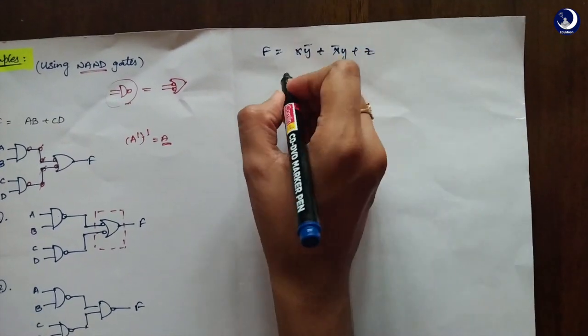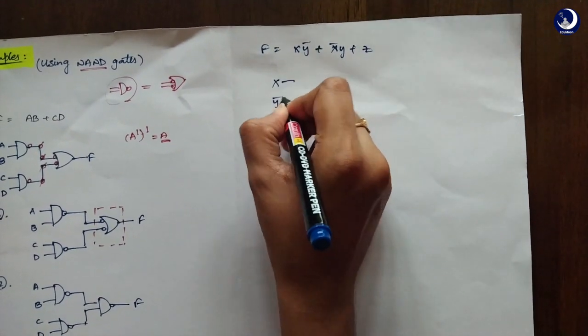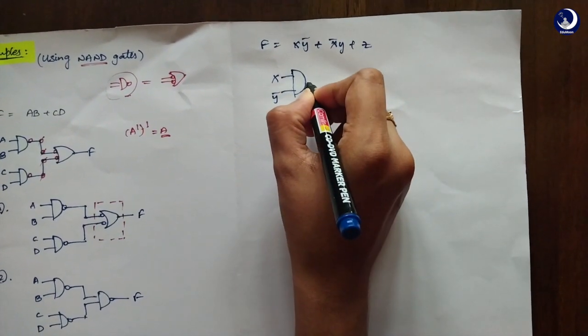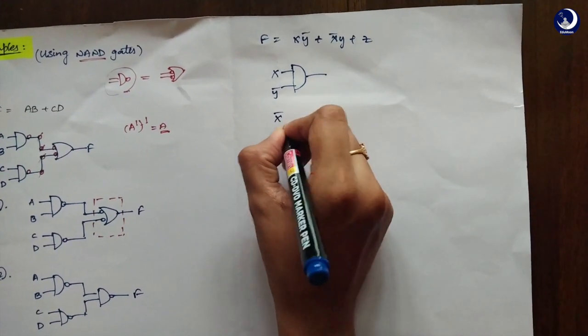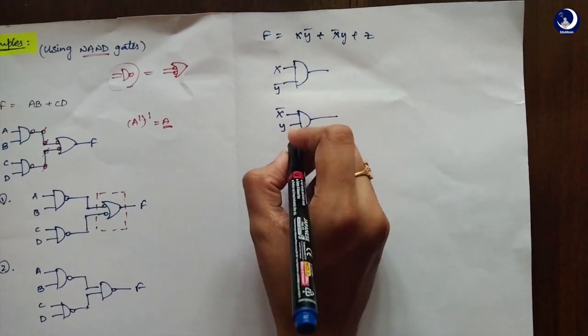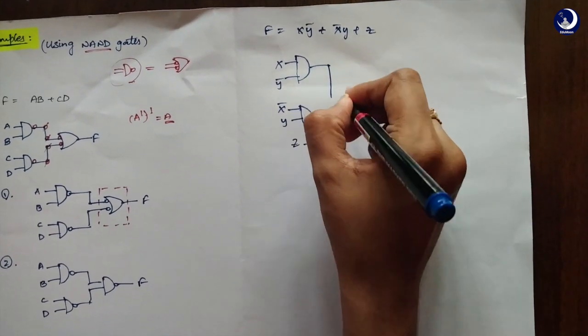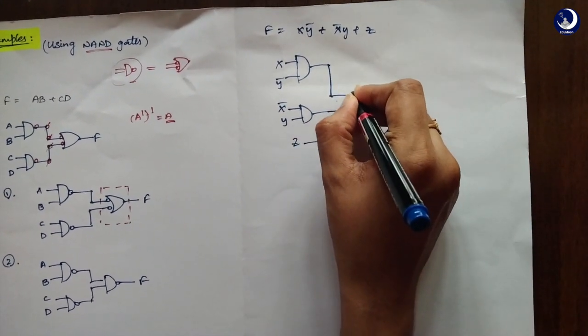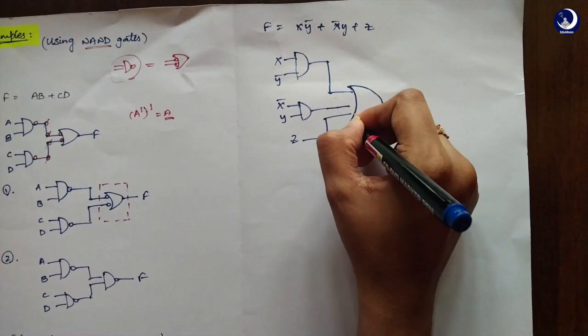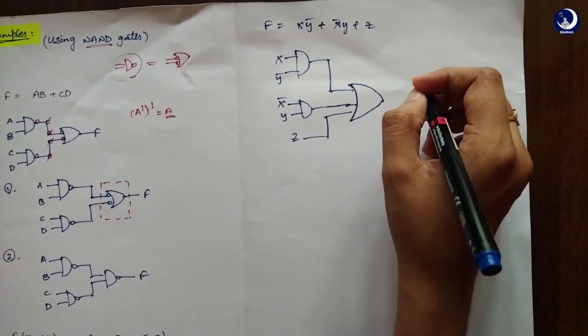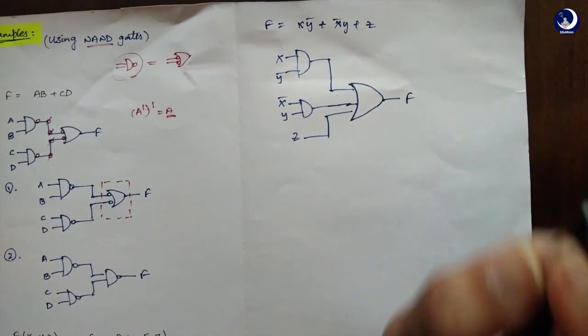So now how do you draw this? Similarly, first of all, go over the usual diagram. This is an AND gate with x y bar, and x bar y, this is also an AND gate, and z. All these three are connected to an OR gate. I'm just drawing it in a bigger fashion. Make sure you present it properly in the exams.